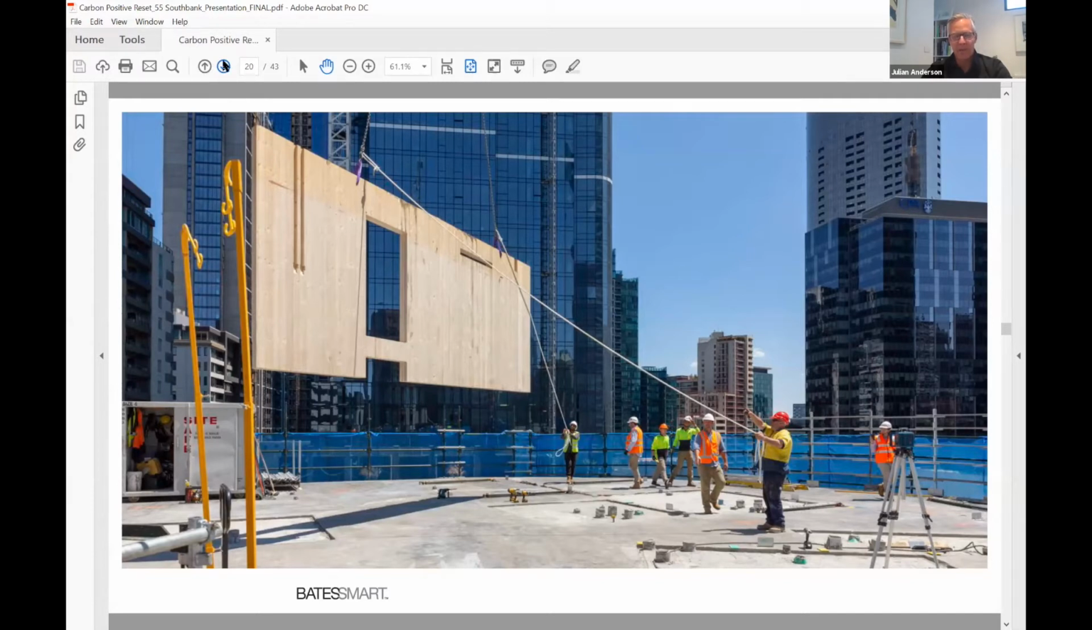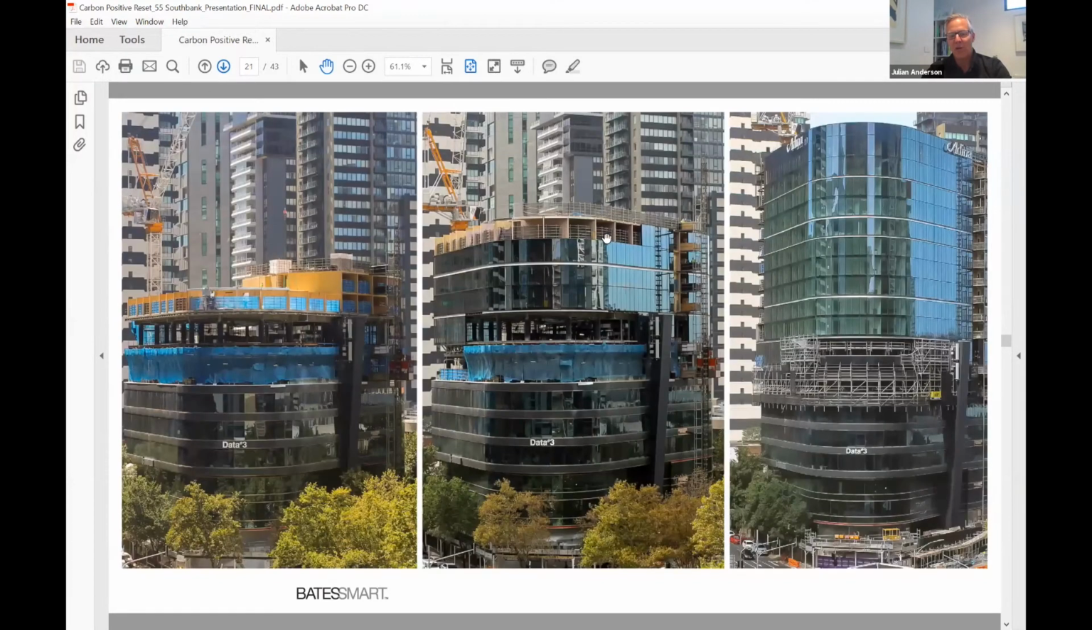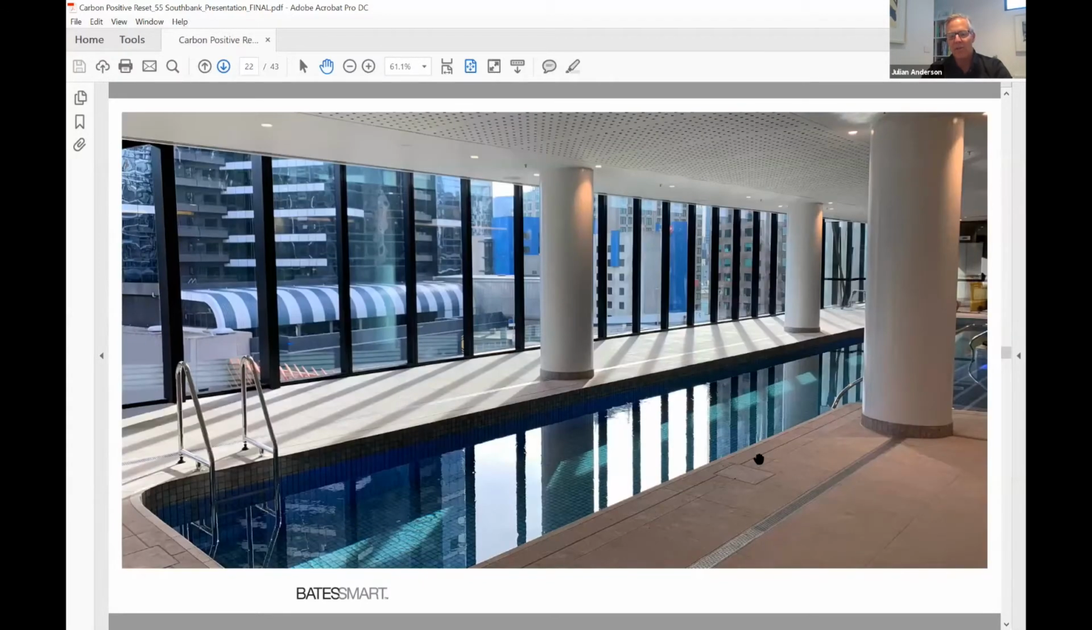This is the building under construction, and typically our glazed curtain wall is never more than 1 or 2 levels behind the timber structure, and that's largely due to the fact that we don't need to wait for any concrete to cure. That's a view of our pool looking north, a view of the hotel rooms, including one